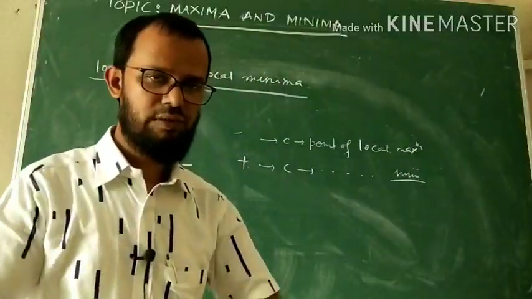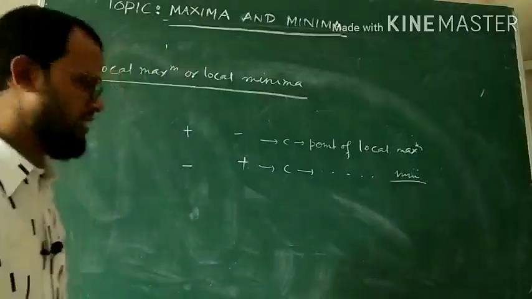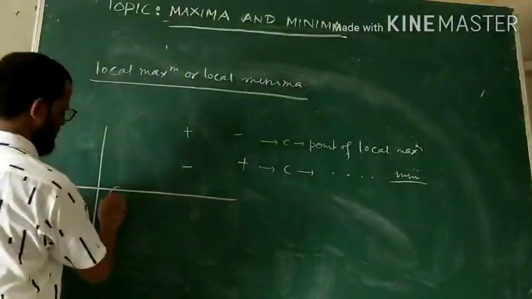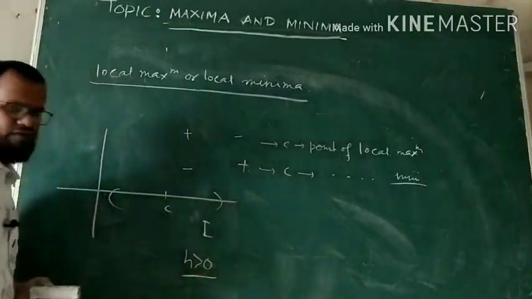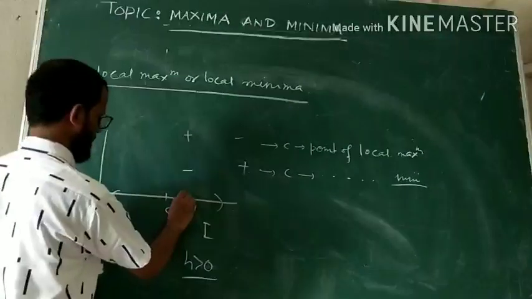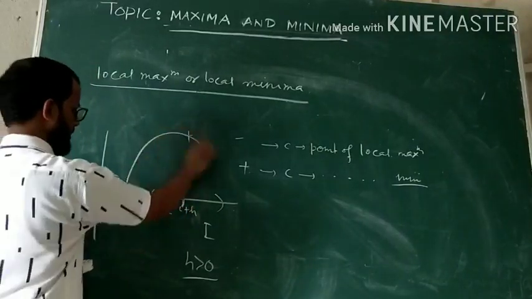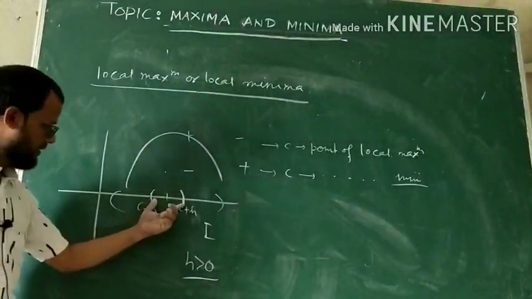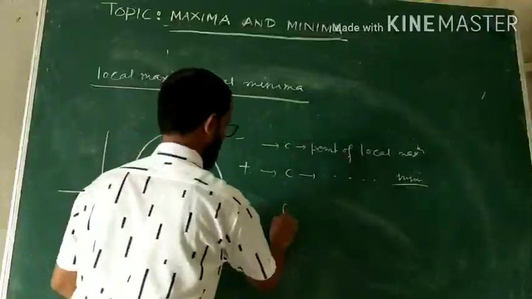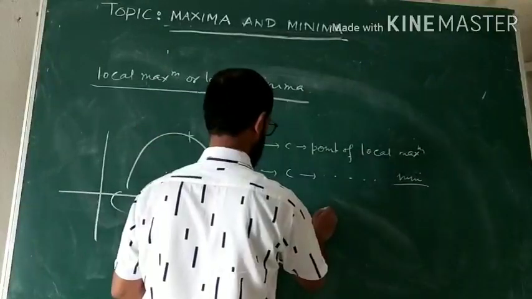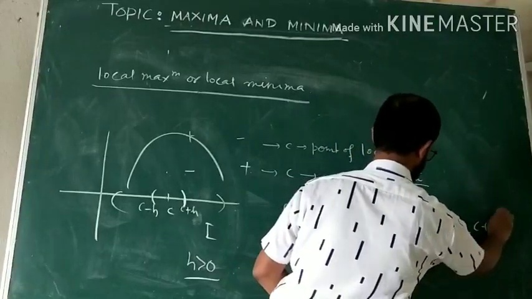Earlier we discussed a large domain, and now we are discussing a very small domain. Suppose graphically, this is c. Suppose h is a very small quantity, then this point is c plus h, and that point is c minus h. In this open interval, if your graph is like that, you have to find the local maximum in this interval, not in the whole interval. So if f(x) is less than f(c) for all x belonging to (c minus h, c plus h),